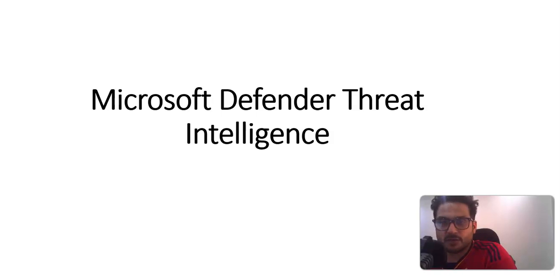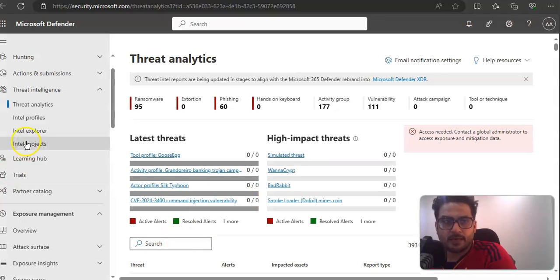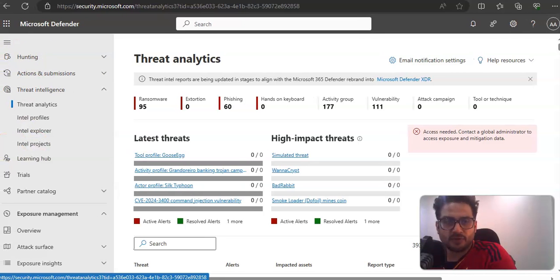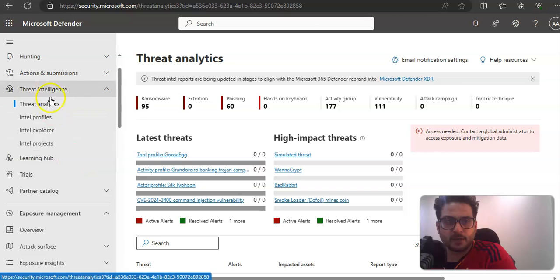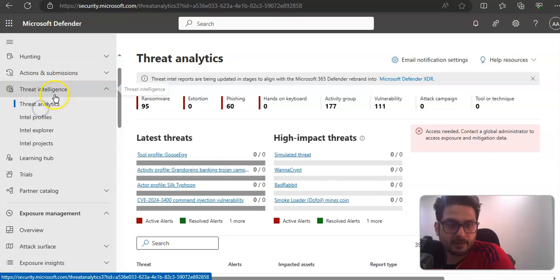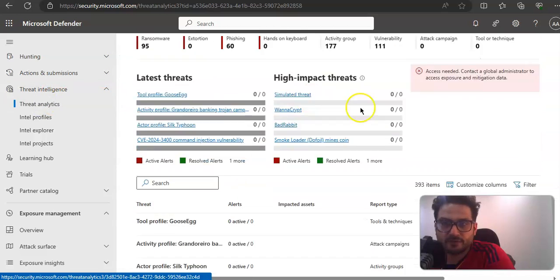So let me just quickly log on to the portal and take it from there. Okay, I am logged on to the security.microsoft.com portal, and when you are at the home screen and you click on Threat Intelligence, you will see Threat Analytics, Threat Intel Profiles, Intel Explorer, Intel Projects. So if you want to see what exactly threat intelligence means, you will see on the home page of